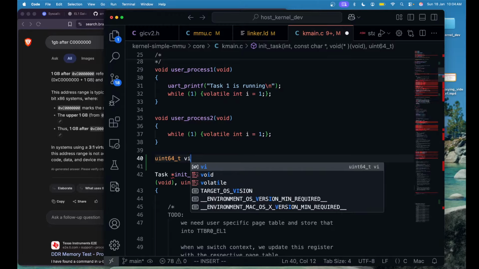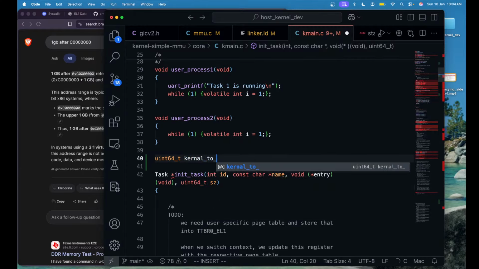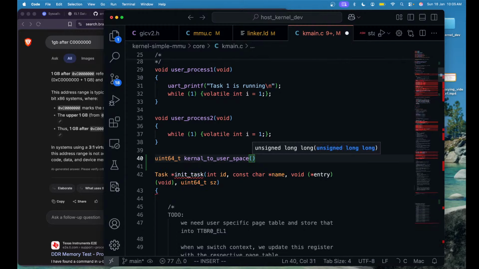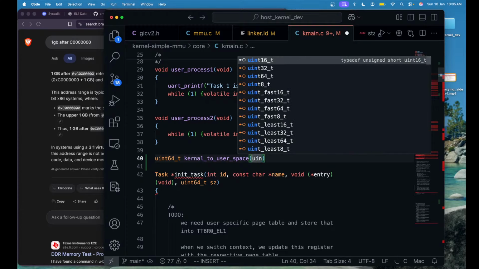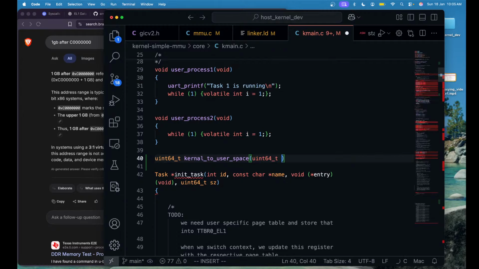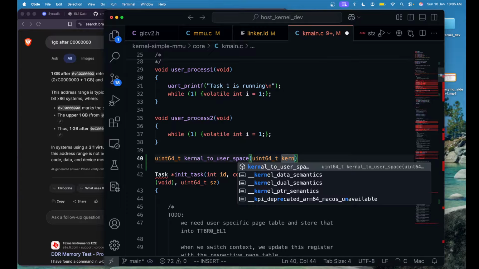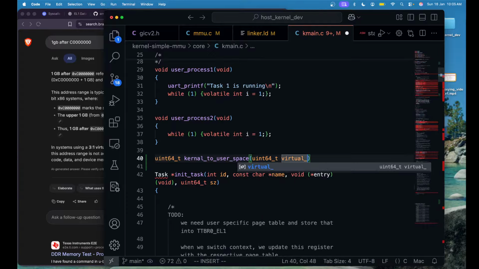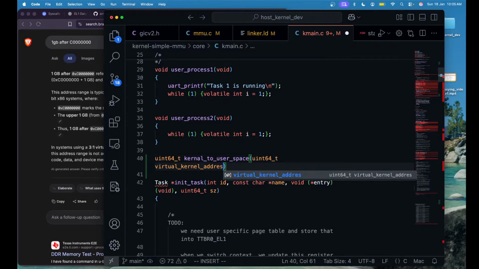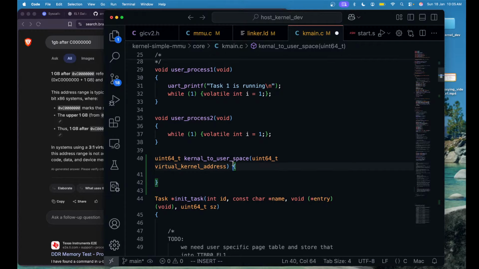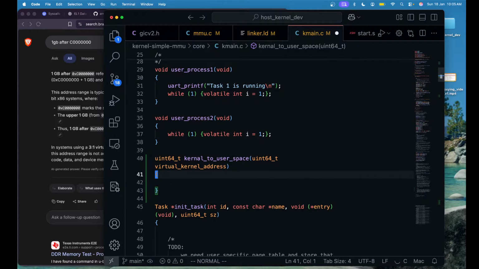virtual kernel to user space, and it's going to take uint64 kernel virtual kernel address. Okay, virtual kernel address. Now we can just